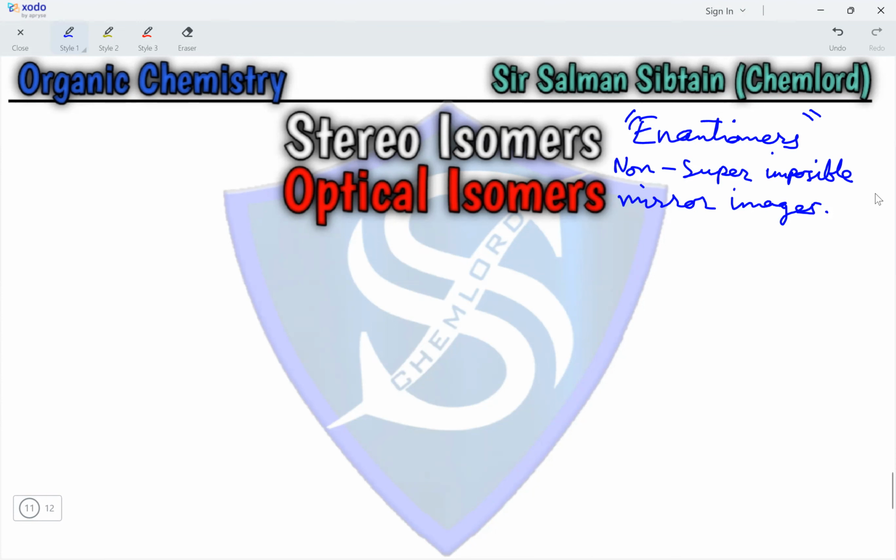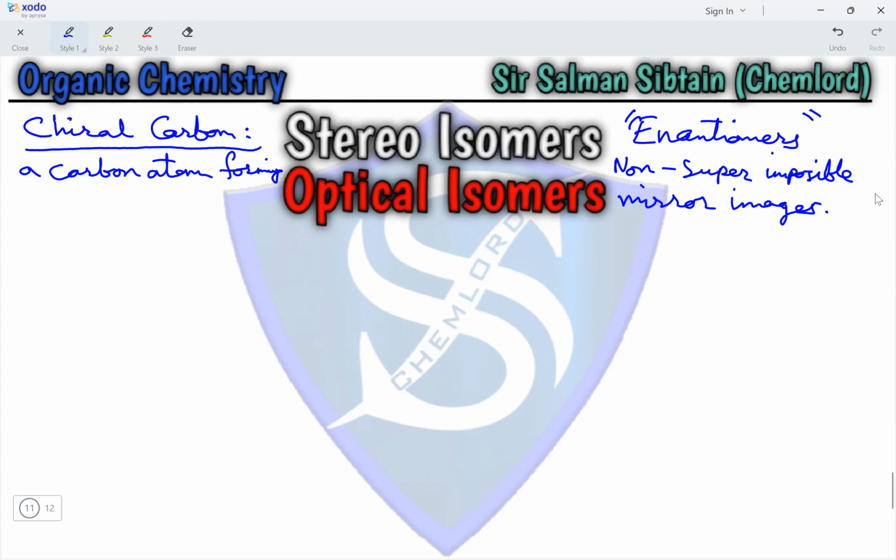So the requirement is the presence of a chiral carbon atom. What is a chiral carbon? A carbon atom forming four single bonds with four different groups